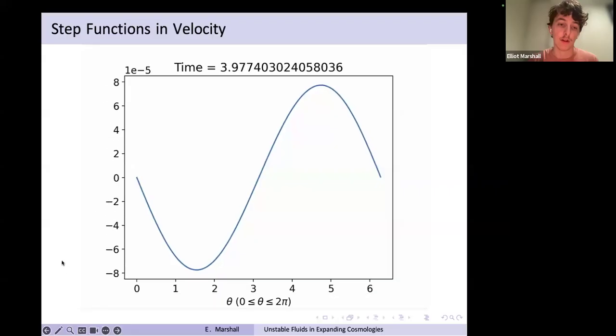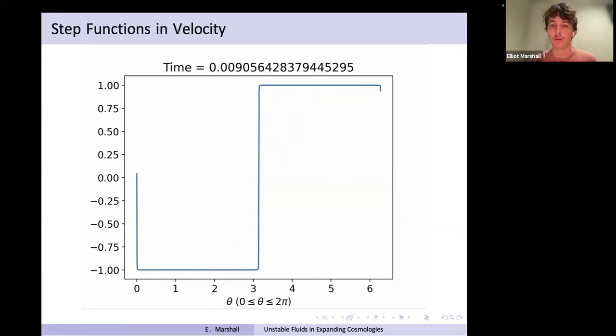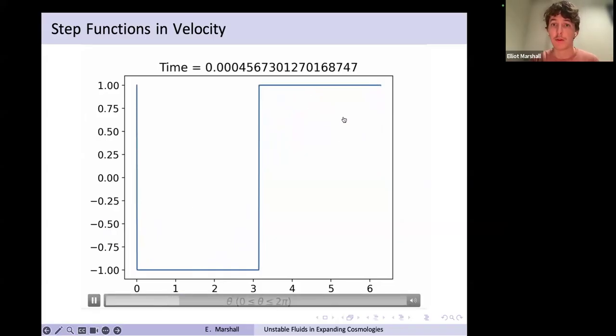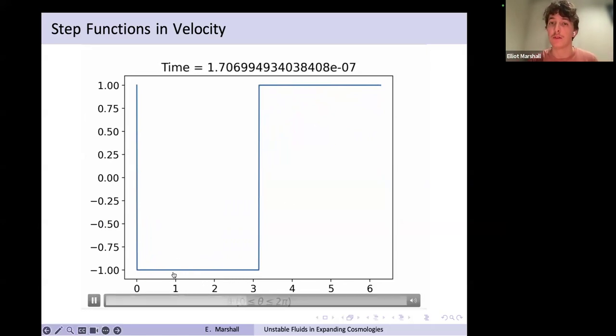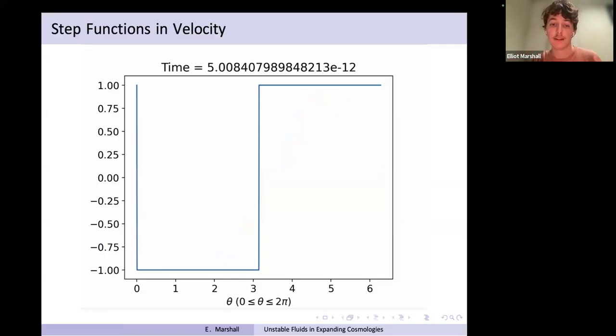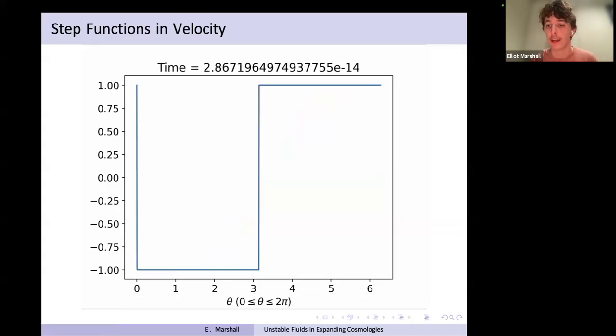So if we look at this rescaled quantity and we evolve it, what we see is that our solution very quickly approaches this step-like quantity. So in one part of the domain, we're approaching this v equals plus 1 extreme tilt. In another part we're approaching v equals minus 1 extreme tilt. And in between, we're crossing through this orthogonal solution. So really, that confirms that this instability is due to this ODE behavior, which is the dominant feature at late times.